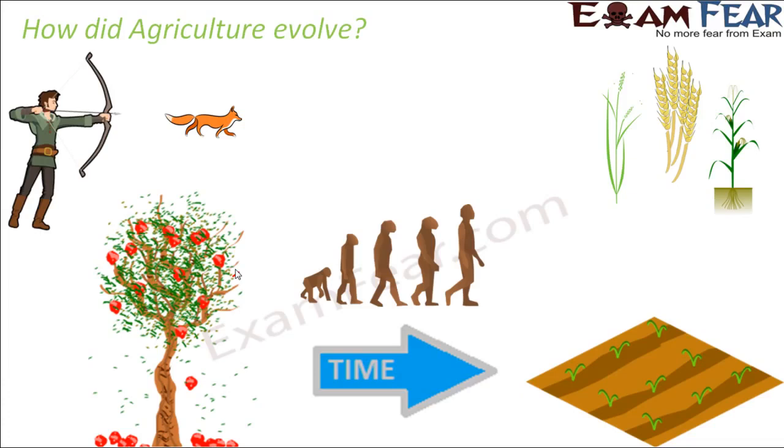It was not that the concept was there from the very initial days, but gradually over a period of time people started learning things. Even today there are so many improvements continuously happening, because the population is increasing very rapidly, so crop production also needs to increase. New, better, faster and more efficient techniques are coming with time to make agriculture better and increase crop productivity. So this improvement is a continuous process that keeps happening all the time. This is how agriculture evolved.